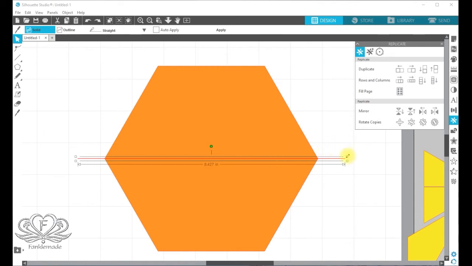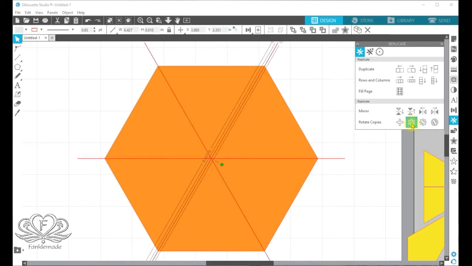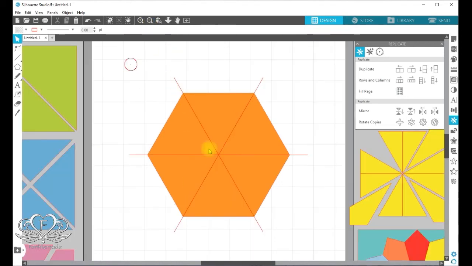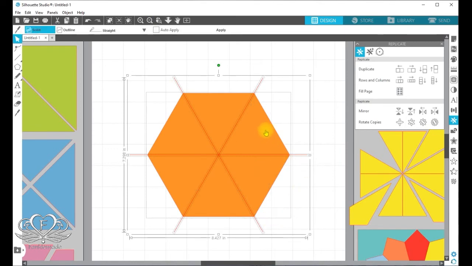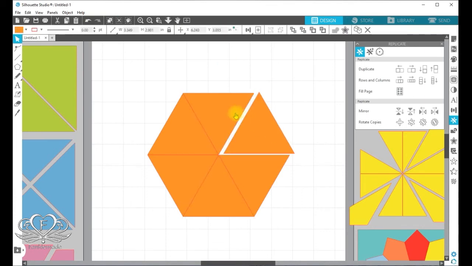Over on the replicate panel again and click on the second one in, rotate 2 copies. And straight away we have accurate lines crossing over the angles on the hexagon. Select it all, but unselect the hexagon itself and apply. And here we have